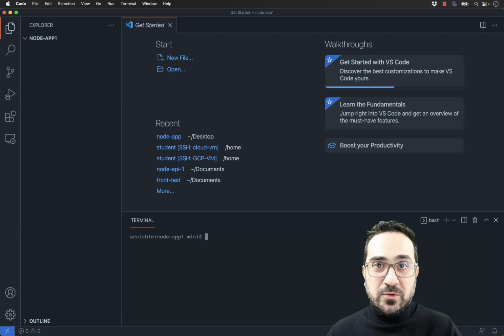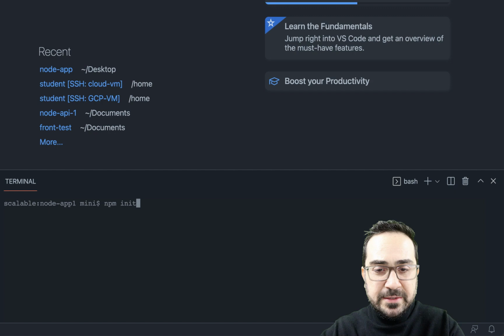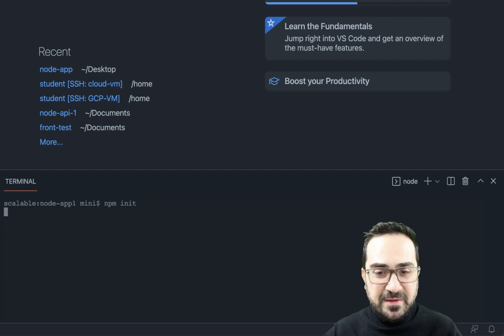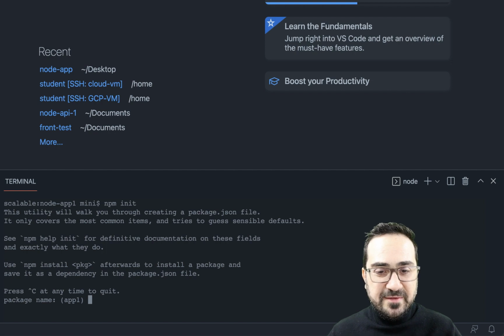The first command that we'll run is called npm init, and this command will initialize a Node.js application in this folder. npm stands for Node Package Manager, and it's a command for us to download whatever we need in our computer in order to run Node.js, all right? Just press enter here, and you will see it asks for a package name.